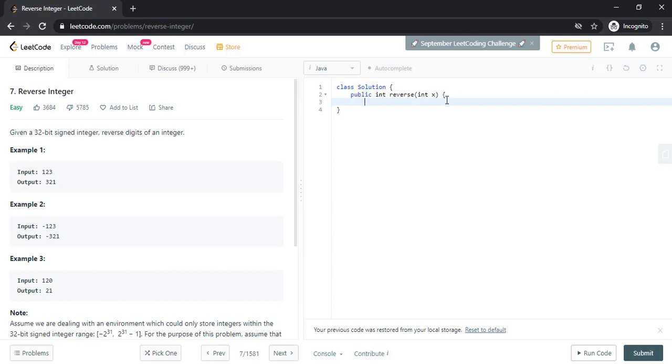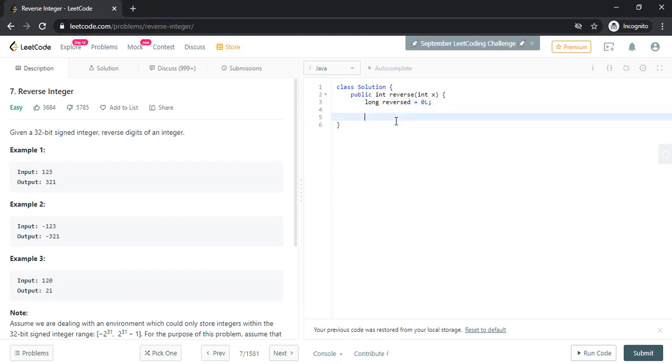So we are provided an integer, that is x will be our input. So I am assuming our output, our reverse, will be of long type. Why am I assuming this, guys? Let's say our input is 2 raised to power 31, and there could be a number whose reverse is greater than the input provided, so if it overflows, then our long can hold that value because it has 2 raised to power 63. Now this is our number.